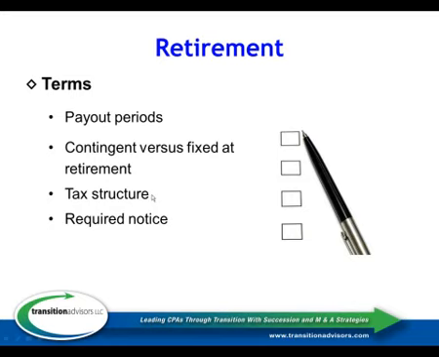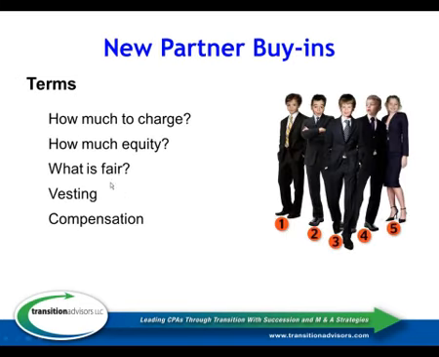Tax structure-wise, most agreements still treat the payments as retirement payments, ordinary income to the recipient, deductible as paid by the firm. If you're in a corporation, it's much harder to create a capital gain transaction than it is if you're in a partnership. So keep that in mind as you're deciding what entity to operate in. In a partnership, it's much easier to create a capital gain transaction for the recipient and an amortizable asset for the firm. Again, you're going to amortize it over 15 years, but if you're going to pay it over 10, 12, 15 years, you probably can afford to do that, whereas in a corporation, it's very difficult to do that unless you meet certain very strict requirements.